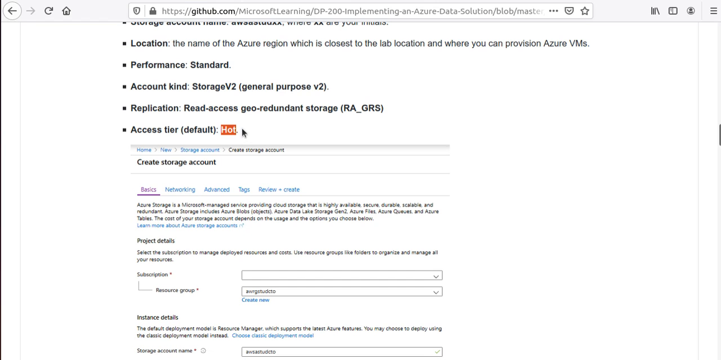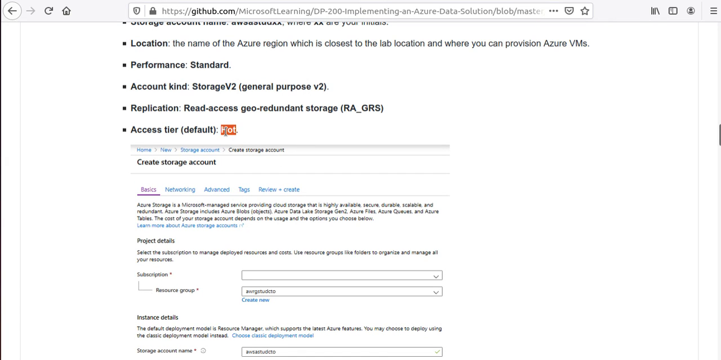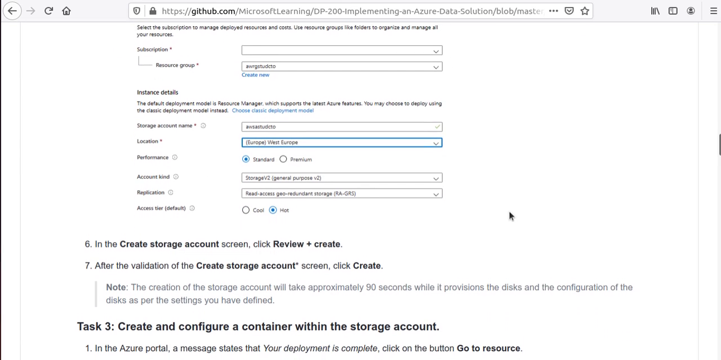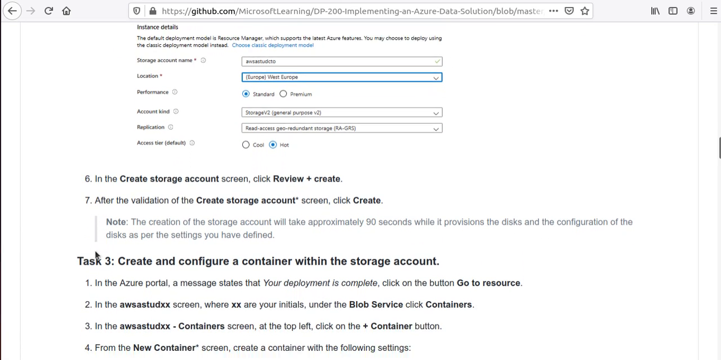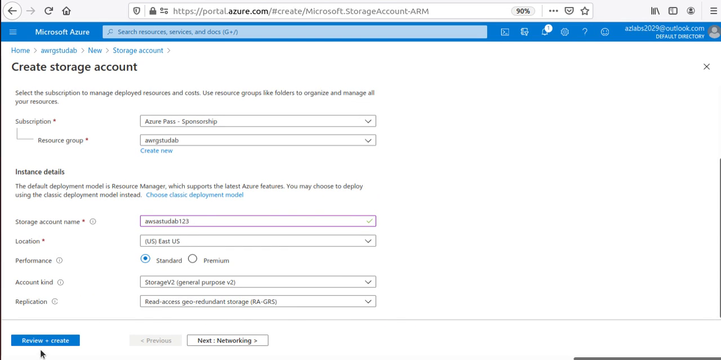And hot is the default tier. Let me see if they're still asking you to select the tier. It looks like they are not, because hot is the default. They are not letting you choose it anymore. But if you need your data frequently, hot would be the access tier. It would be the default. You can change that later to cool or archive. And here they're saying no need to worry about the networking, so we'll just go and click